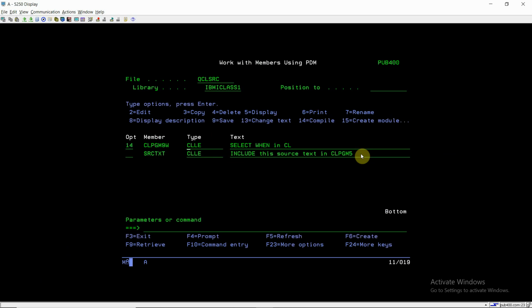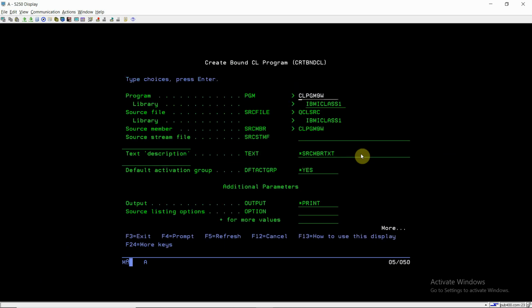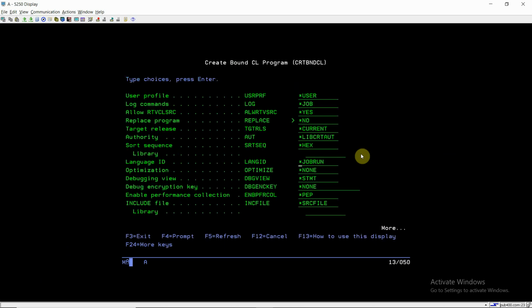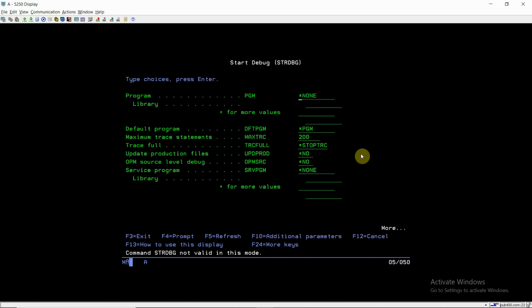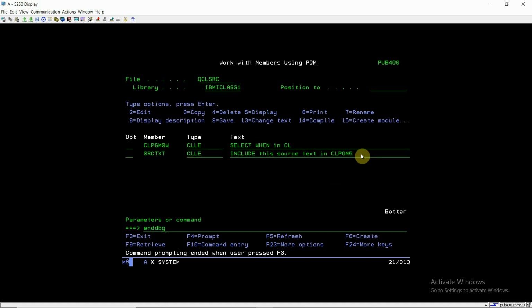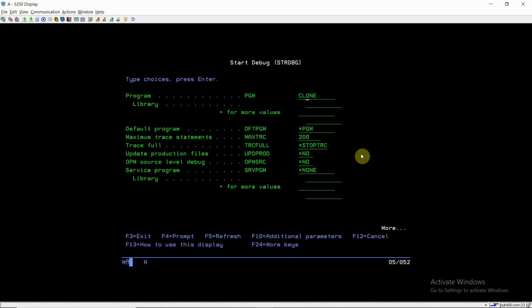So just compile this program using debug view source. Just debug this program, CLPGM9W.